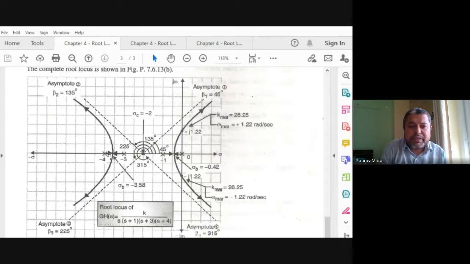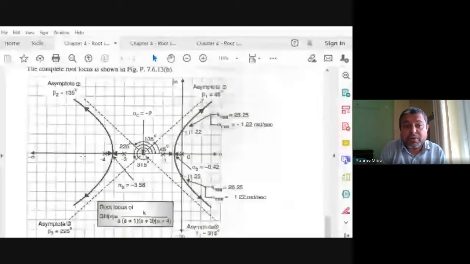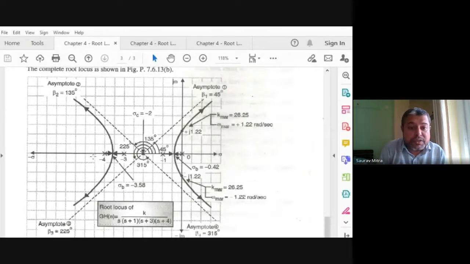Hence, between minus 3 and minus 4, root locus will be there. But take minus 5, minus 6, minus 7, on the real axis. Not talking about imaginary. Whether minus 4, minus 5, minus 6, minus 7 are part of the real axis root locus, or whether we shall draw root locus at minus 5, minus 6, minus 7? Answer is no. Because take minus 5, right side, how many total poles? Total 4 poles. 4 is an even number.